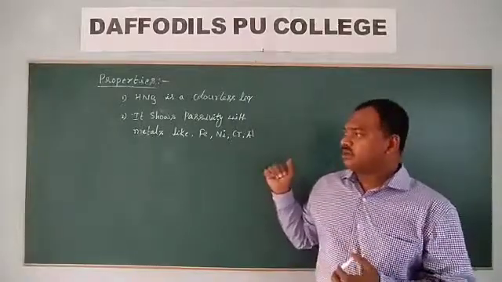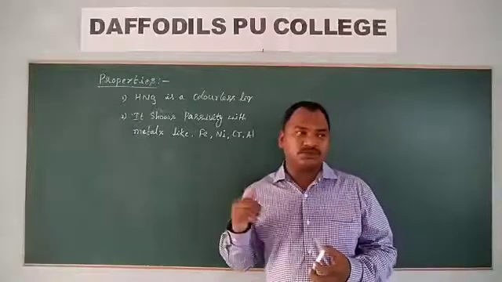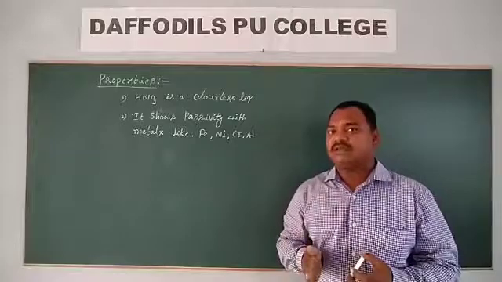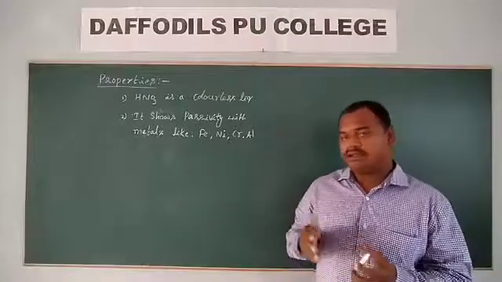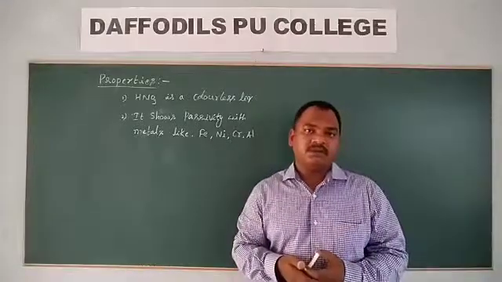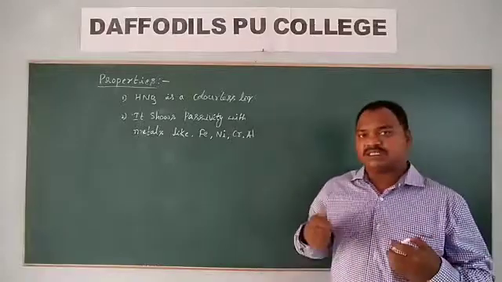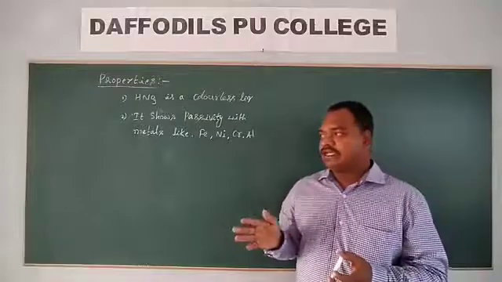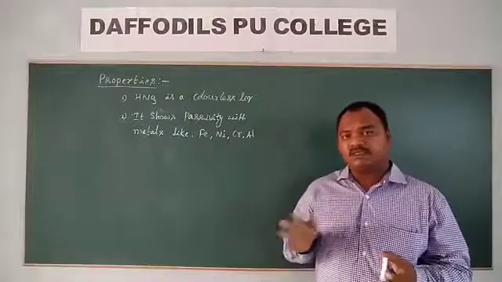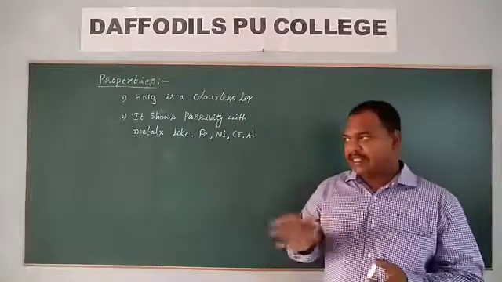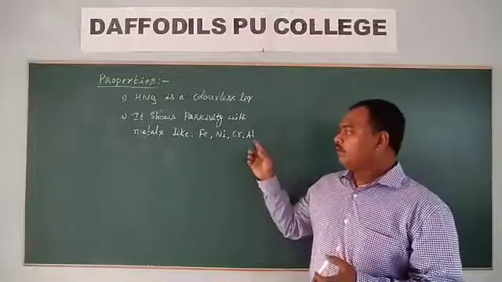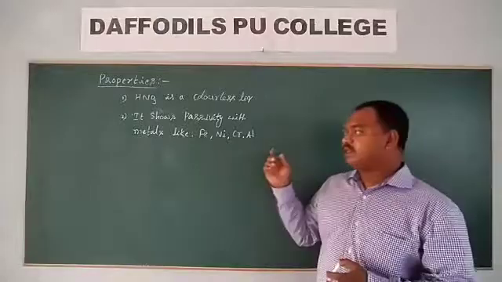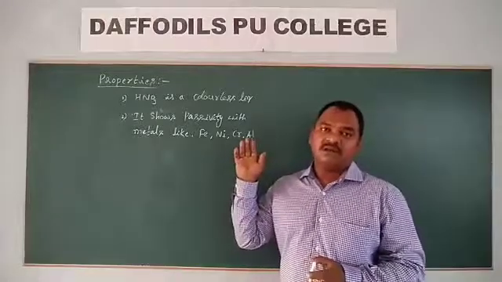How is this luster going to disappear? Because of the formation of an oxide layer on top of the metal, on top of the aluminum vessel. What will we do to get the luster again? We use some chemicals or clean it. We remove the oxide coating from the surface of that vessel, and again we will see this luster.